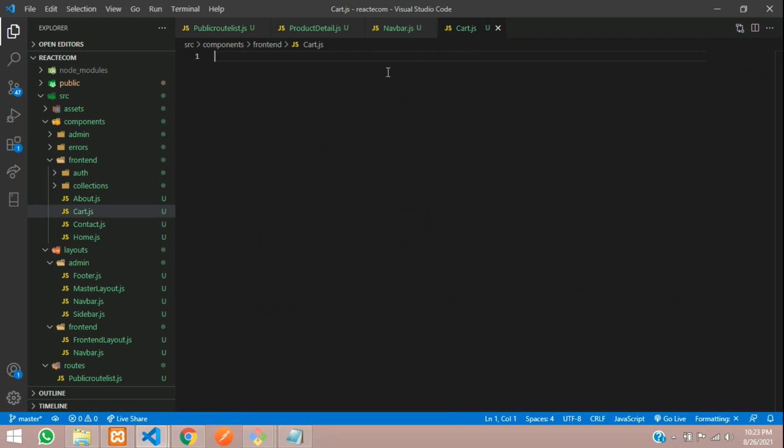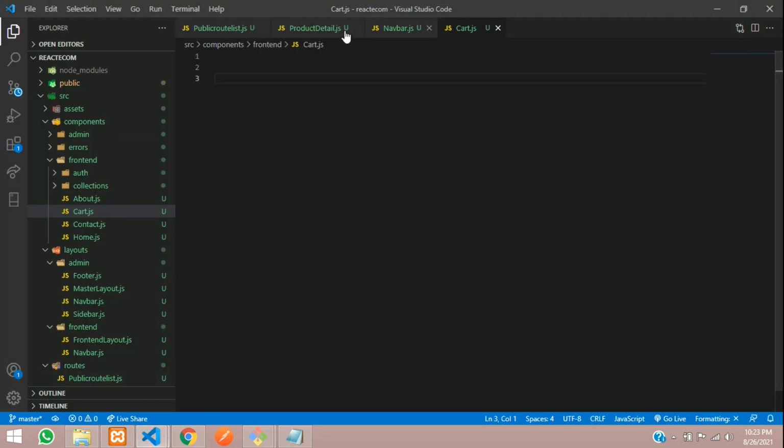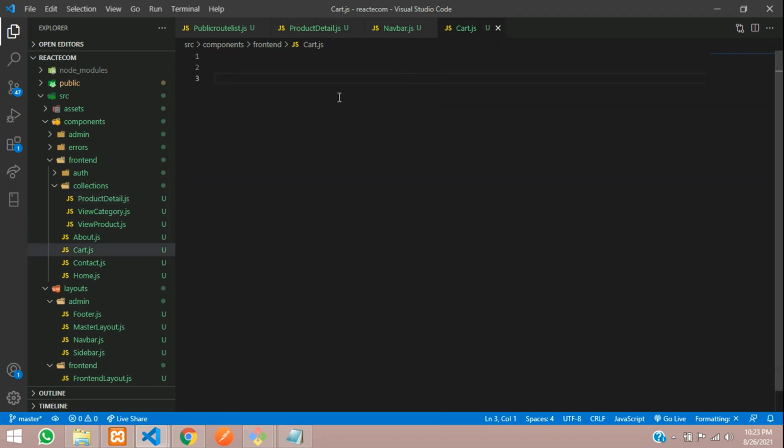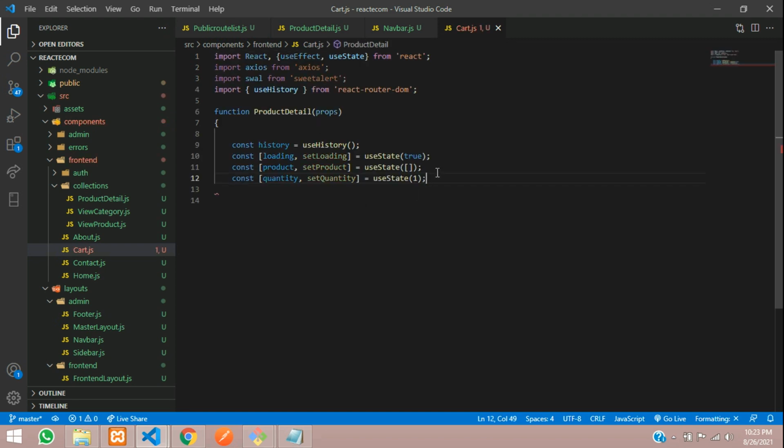Our file is created, and now let's begin with importing and creating the page design. Before that, let's see that the cart button has come over here and your cart is ready. To save time, let's copy and paste. Just copy from here itself and paste. We don't want to use some things. Close the function, create the function name cart, export default cart.